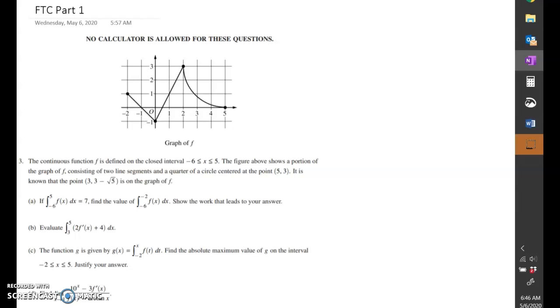With limits, the first thing you should try is substitution. It might just work. So we're going to do substitution. So 10 to the first power minus 3 times f prime of 1. How are we going to figure out f prime of 1? Come back to that. And then f of 1